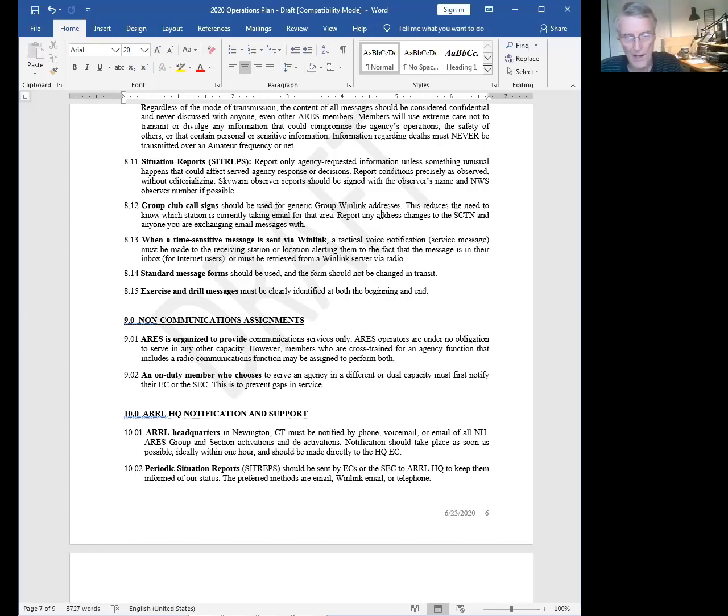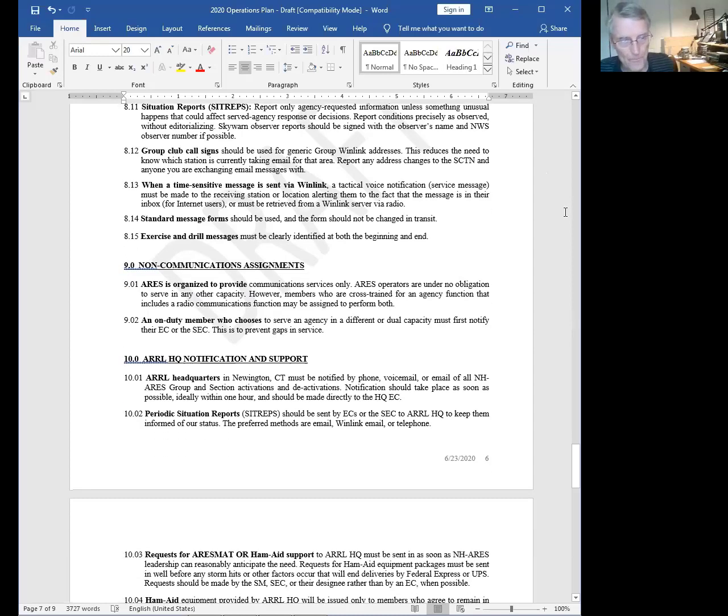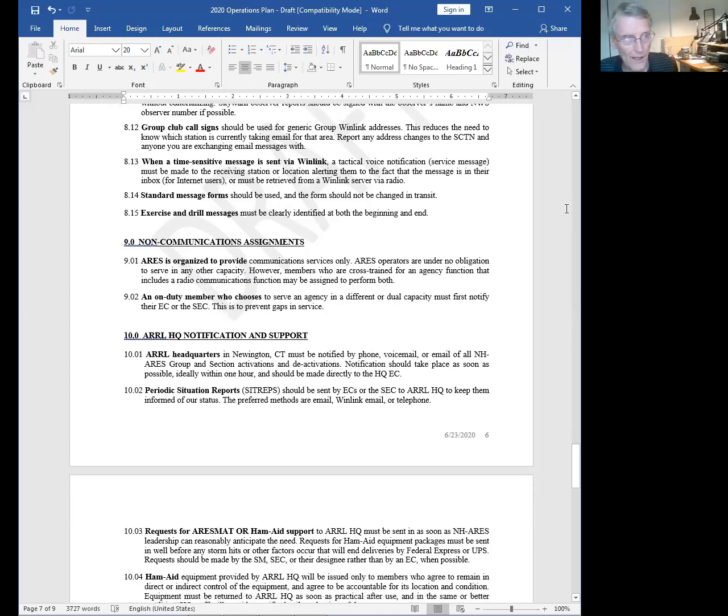The other options. One option is, of course, not to have too many WinLink stations in New Hampshire all at once. One per group and one at the section level is probably the safest way to approach that. And the other way around that is to also have Shares in use and possibly even Mars WinLink in use as alternate paths. But we have to look at the legality of that depending on who the sender and addressee are. And maybe work that into the plan at some point. So the non-communications assignments is the same.